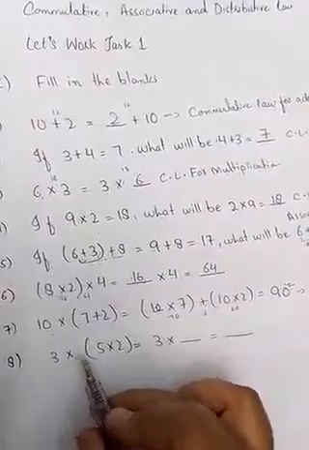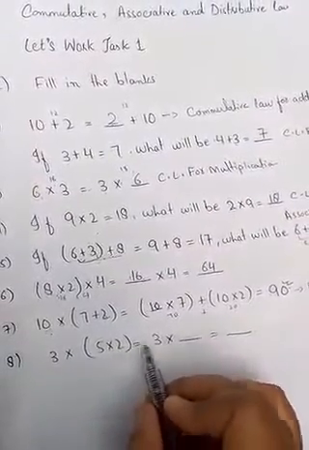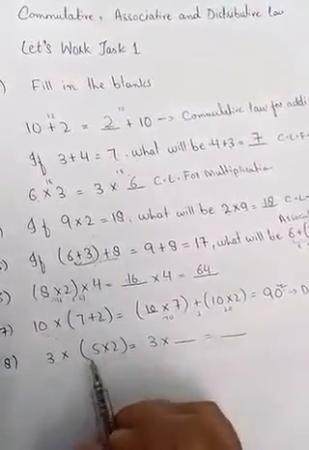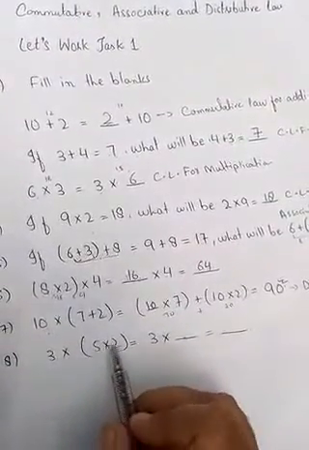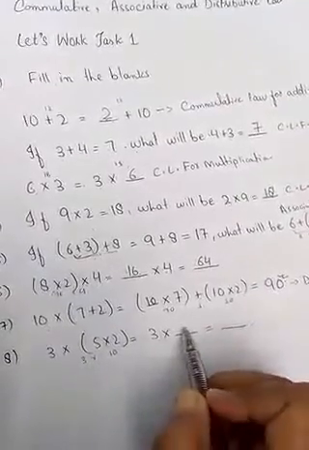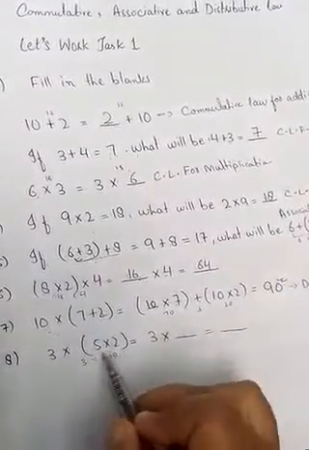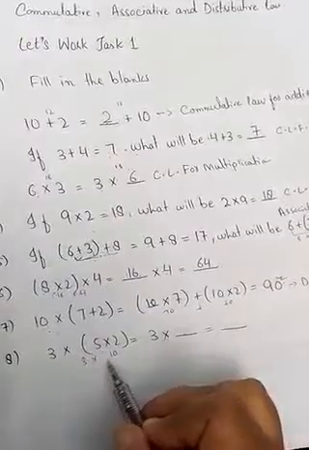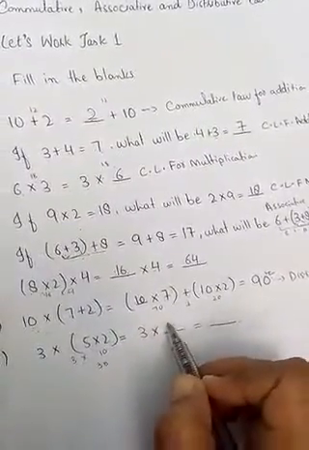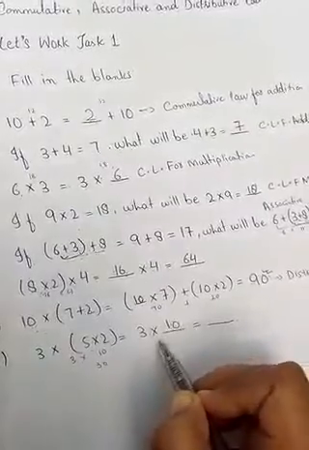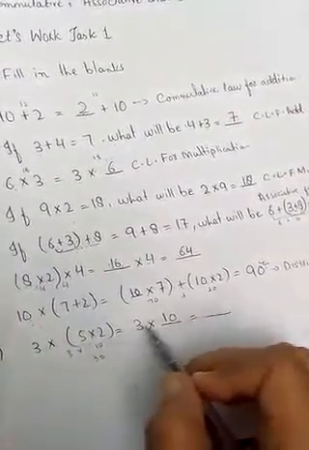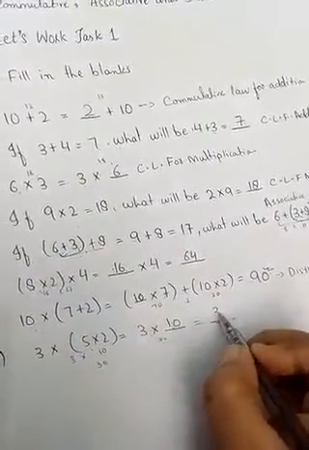Now 3 multiplied by 5 multiplied by 2 is equals to 3 multiplied by dash is equals to dash. First we have to solve the bracket. So 5 2s are 10 and 3 multiplied by 10. Now what we have to write in this blank? To make all the sides equal, 3 multiplied by 10 is 30. So we have to write 10, because 10 3s are 30. And write the solution of these two sides. It's 30.